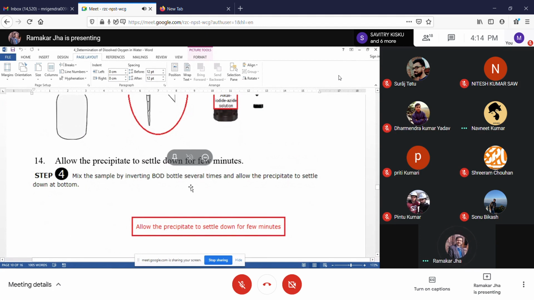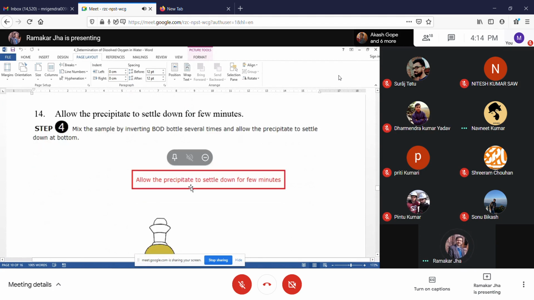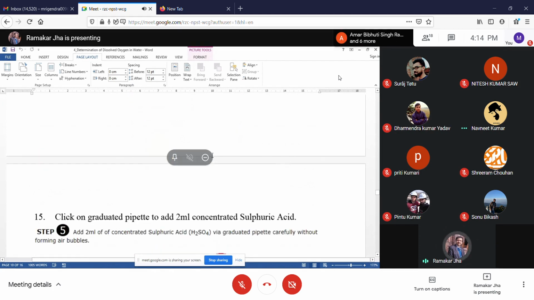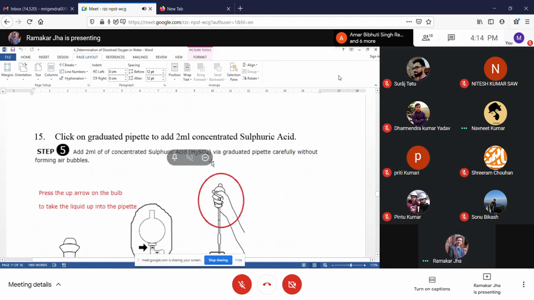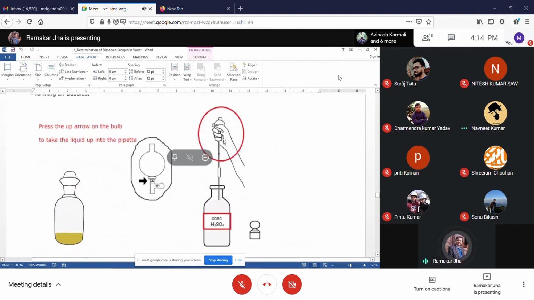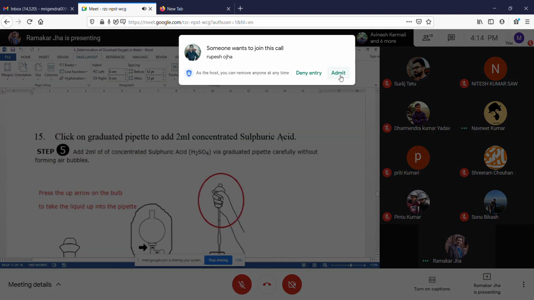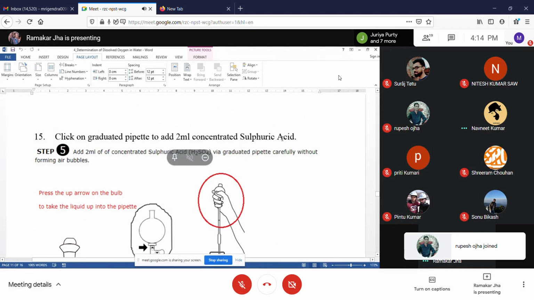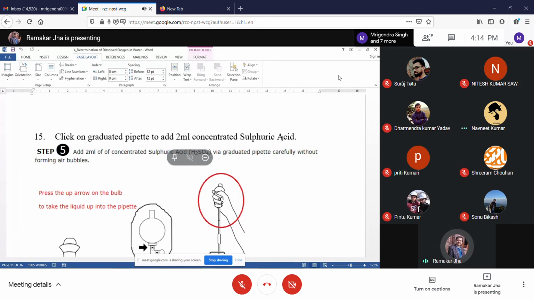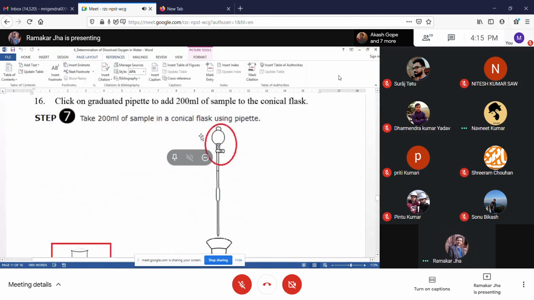at the bottom. So you have controlled the DO and locked it, and you brought it to the laboratory. Now add H2SO4. Once you added this H2SO4, once it becomes acidic, then it will dilute it. The precipitate that had formed as a solid will all mix again, and after that we will add sodium thiosulfate and slowly it will turn light yellow. Then we will put starch, it will turn blue, and then we will again start adding sodium thiosulfate, and it will become colorless. So this is the total process.